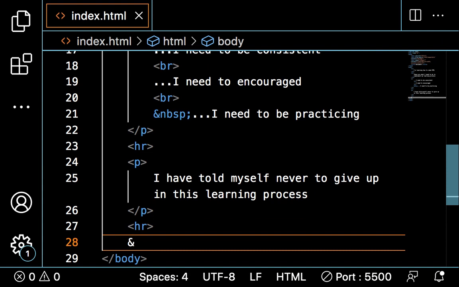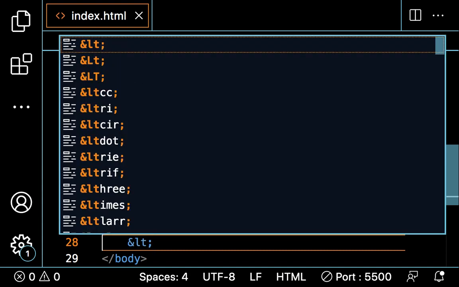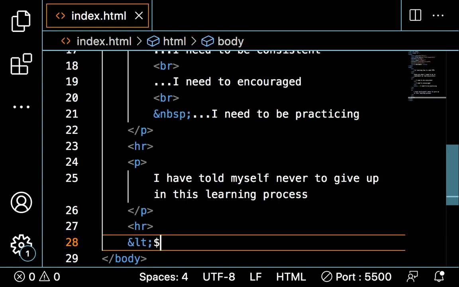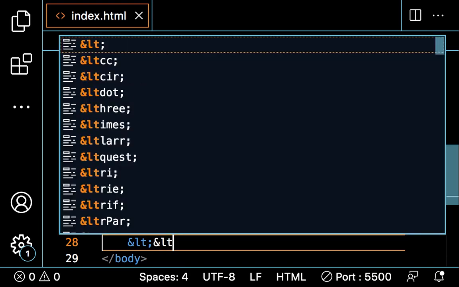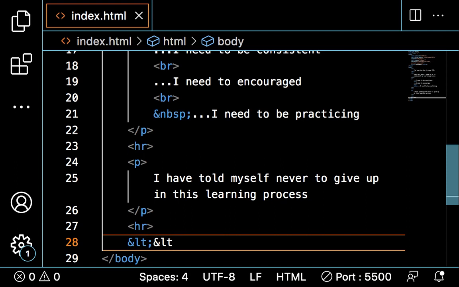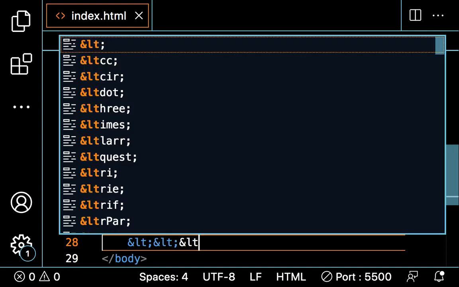Ampersand LT. Let me repeat that: ampersand LT. Sorry, ampersand LT. Yes, and then